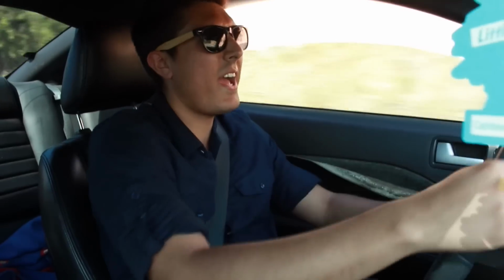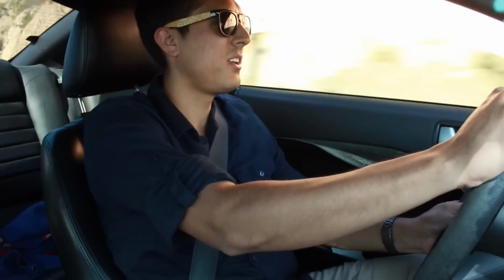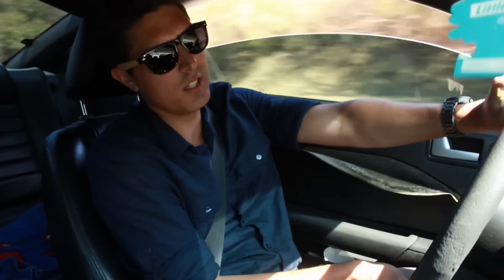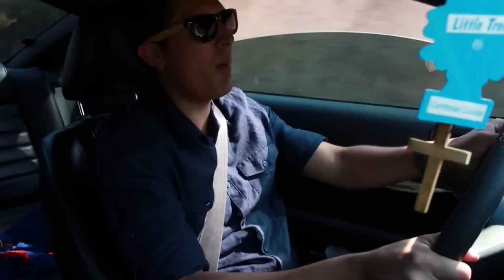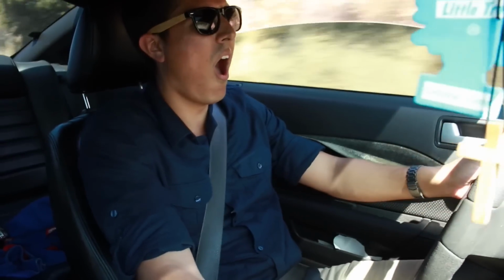And you know, one of the big complaints about this car, the S197 model, especially my year, is the live axle. Now, suspension did improve with the 2014 model years, but not so much with mine. But with these tires, you really don't feel such a huge impact. Now, yes, I would like to have better suspension, because you can feel this live axle taking a beating and just hopping around, which is a little bit frightening. But other than that,